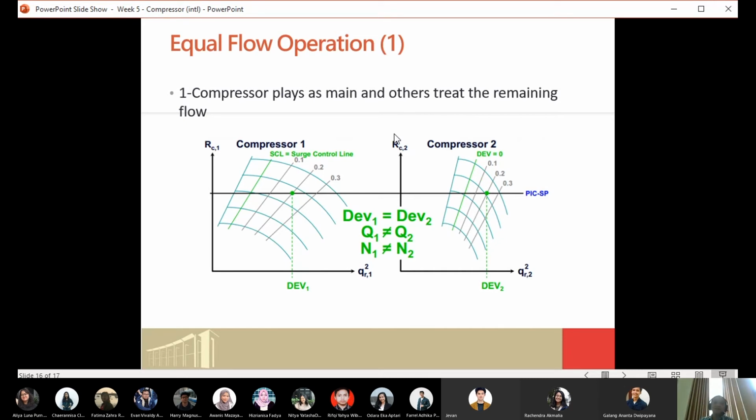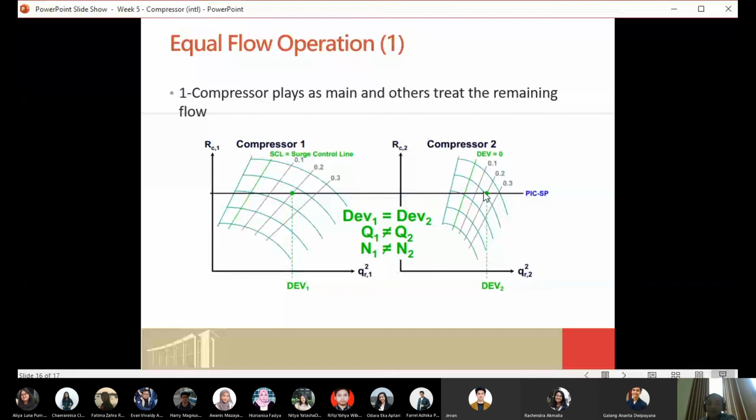But the principle is the same, that's why it's called equidistance. Equidistant means that the distance to the surge line is the same, which in this case they decided to set at 20%. So compressor number 1 will have a distance of 20% relative to the surge line, and compressor number 2 also has 20% distance to the surge line.